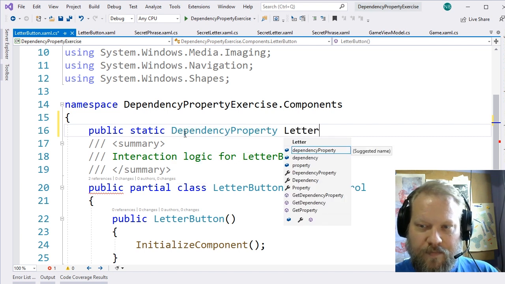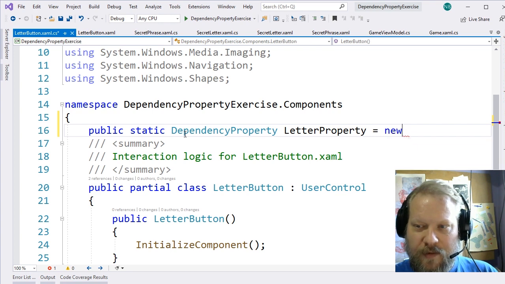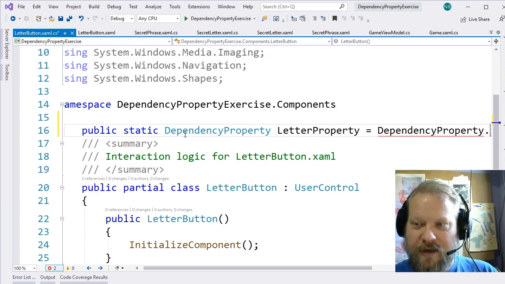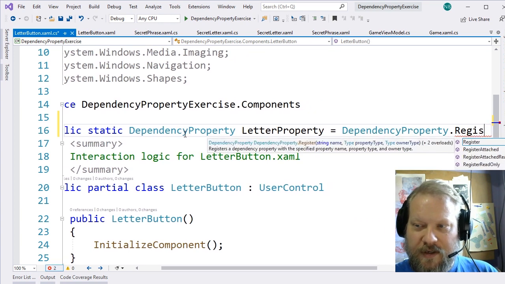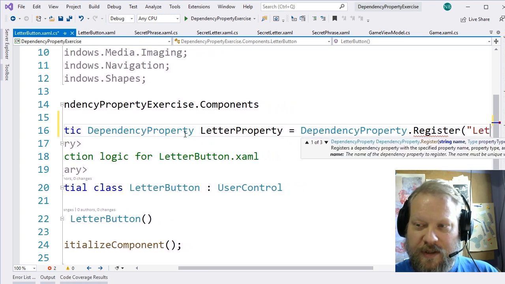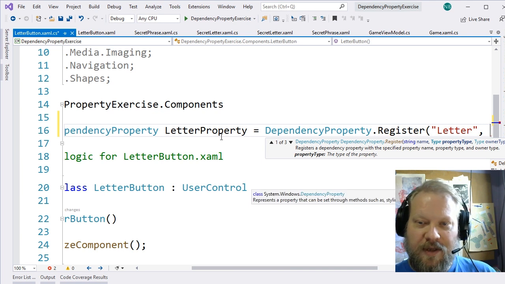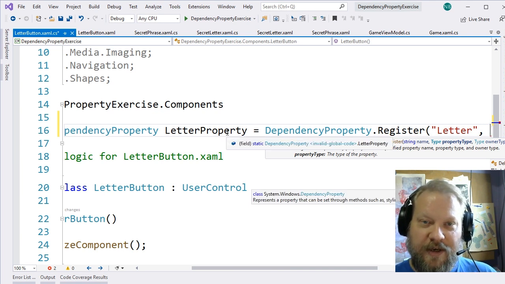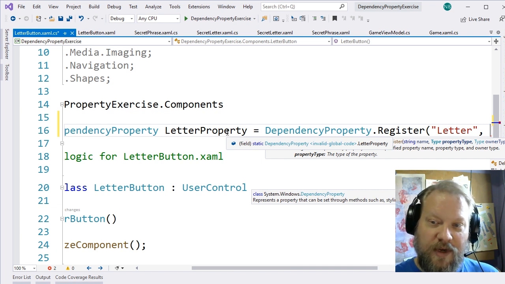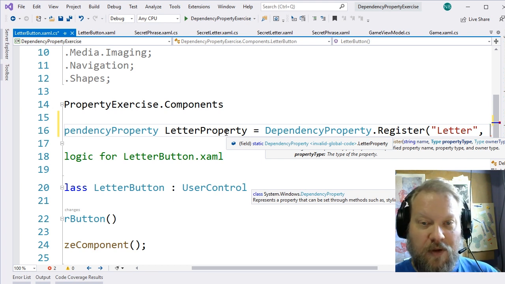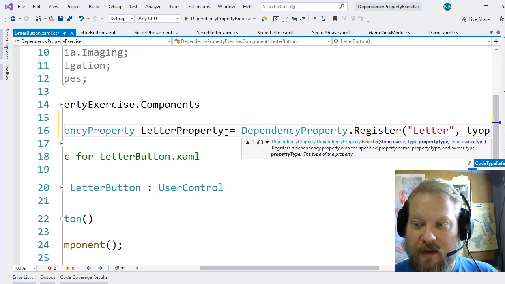And call this letter property as well. And then DependencyProperty.Register. Notice that we are using the same property name and the same dependency property name that we used in our secret letter. This is why you need to register these with the type of the control they belong to as well, because otherwise we could have potential name collisions between them. So our typeof